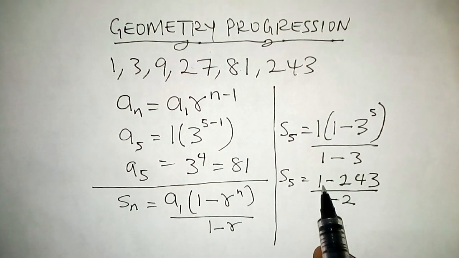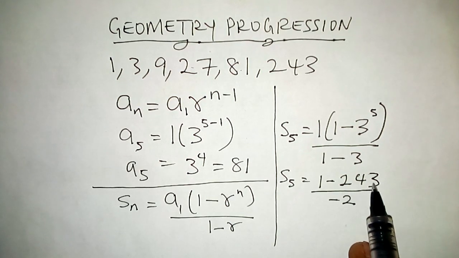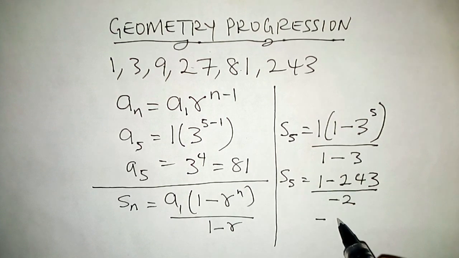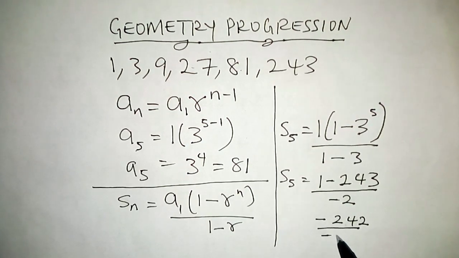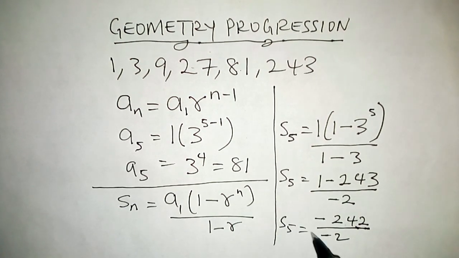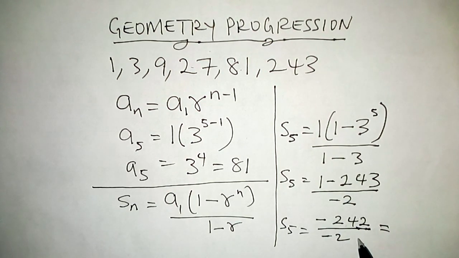On that note, now we have to subtract 243 from 1, which will give us negative 242 all over negative 2. Minus divided by minus will give us a positive answer. So when we do this division, 242 divided by 2 will give us